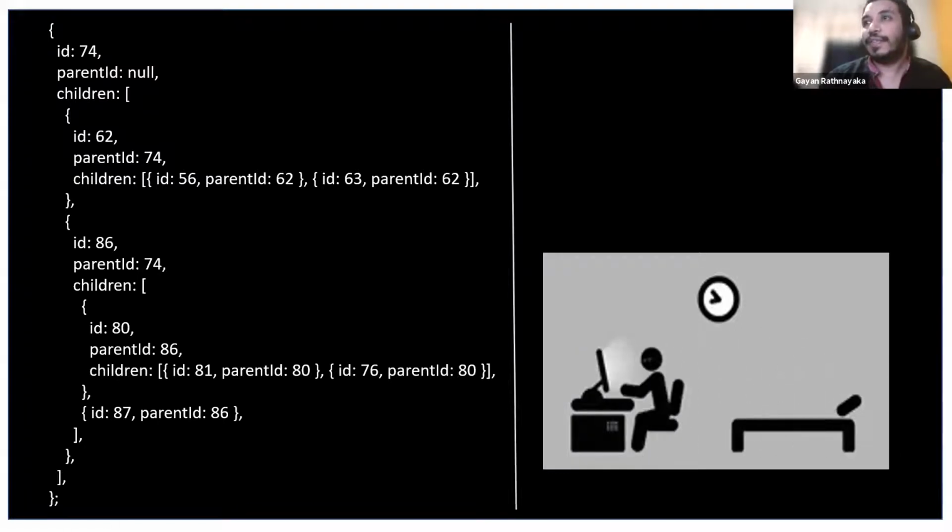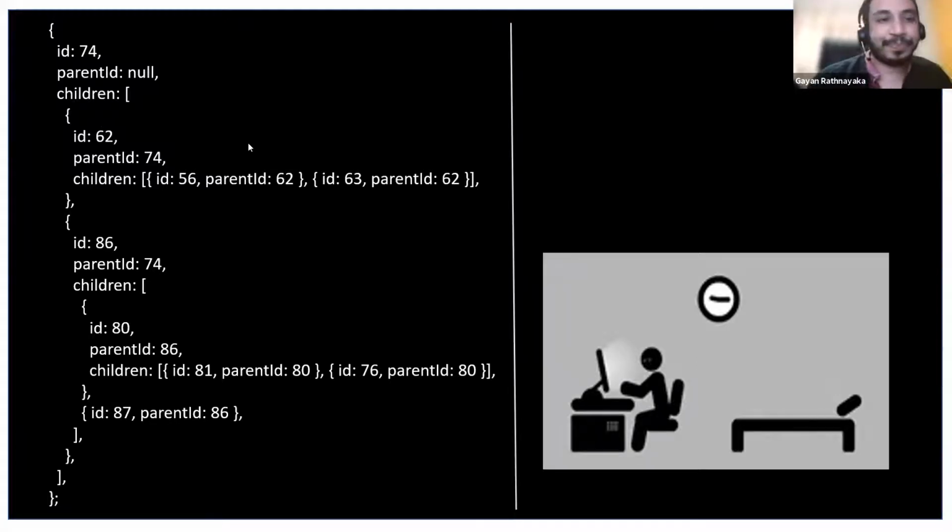Assume that you are working and you have a requirement to search. This is basically a tree object, right? You can see you have an ID here and the parent ID, children, and in the children array inside you have ID, parent, children. So the same object is repeated here inside this array. The object type is the same.